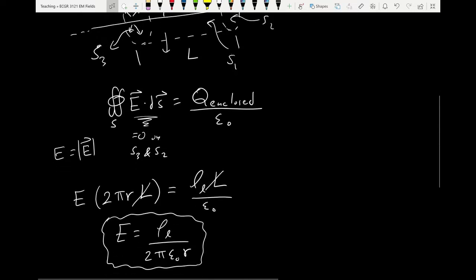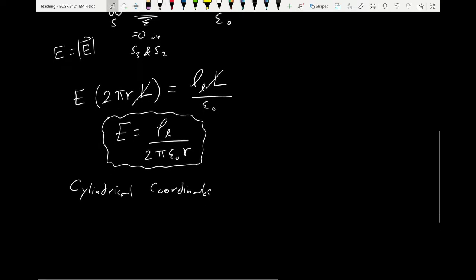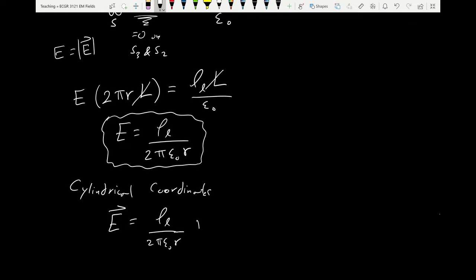So I can easily, in cylindrical coordinates, put back that vectorial representation. So I can say as a vector, E equals rho L over 2 pi epsilon naught r, r hat, Newton per Coulomb. And when we studied the potential energy, we discovered we can also write the electric field intensity in units of volt